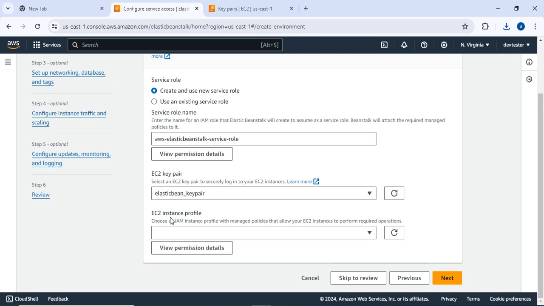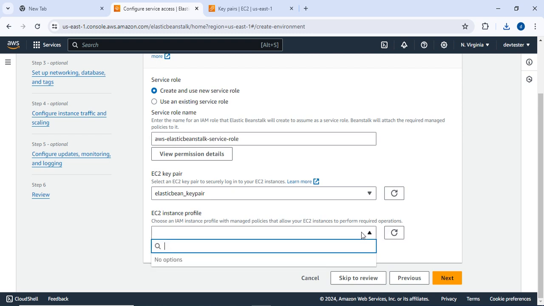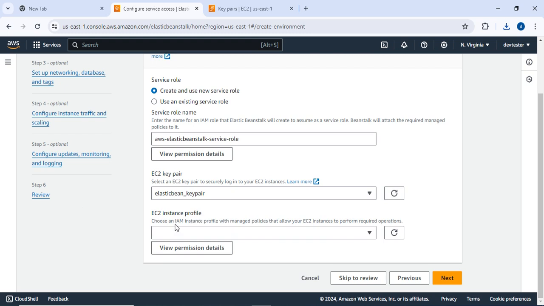And here I need to create the EC2 instance profile, because by default, when I create any EC2 instances, by using this IAM role they will be able to access my AWS resources. That may be an S3 bucket or a load balancer; everything will be accessed by using this role. So that's why I am doing this right now. Do I have any EC2 instance profile? No. The EC2 instance profile is nothing but the IAM instance profile. So how will it be created? Up to now I didn't have any IAM instance profile, so what I will do is